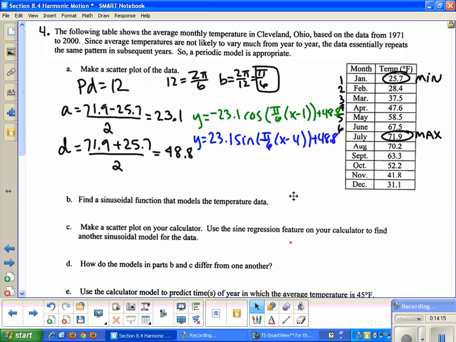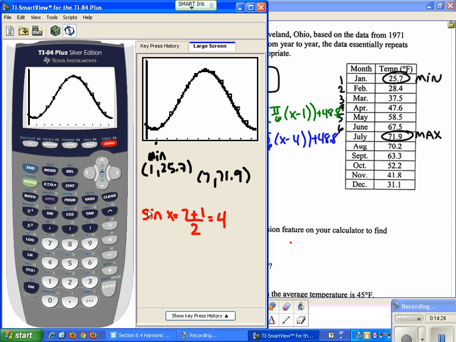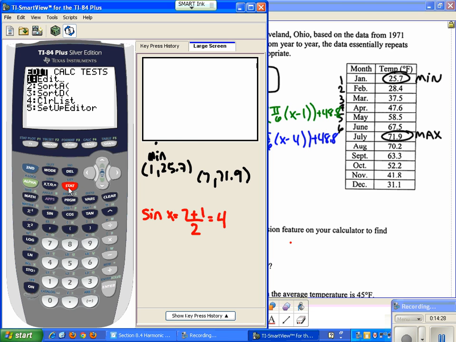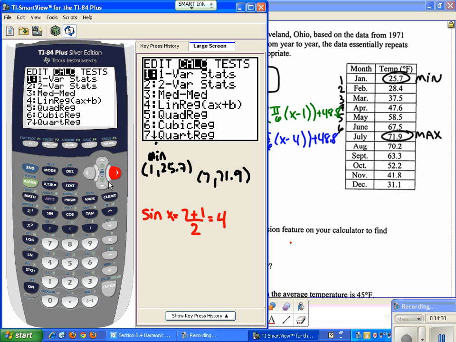So those are our two equations, and it says, now we want to use the sine regression feature on our calculator to find another sinusoidal model for the data. So for this, there is a sine regression feature. So I'm going to quit out of here and go to STAT. If you go to CALC,